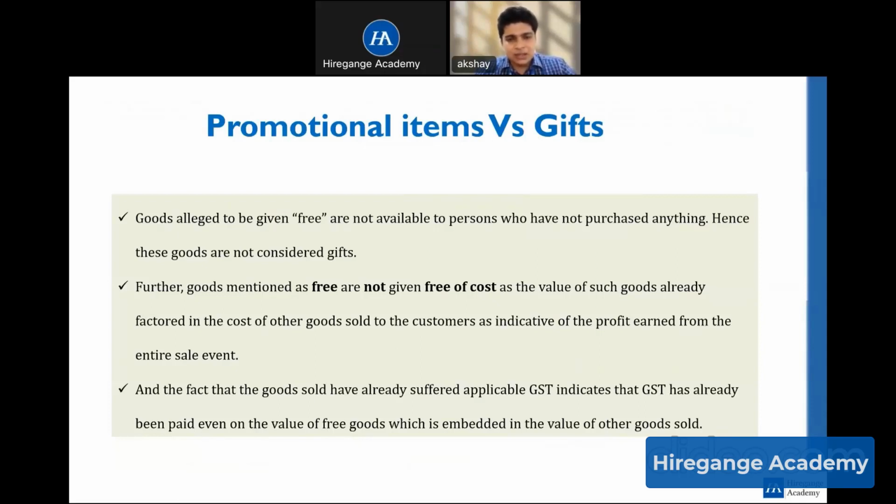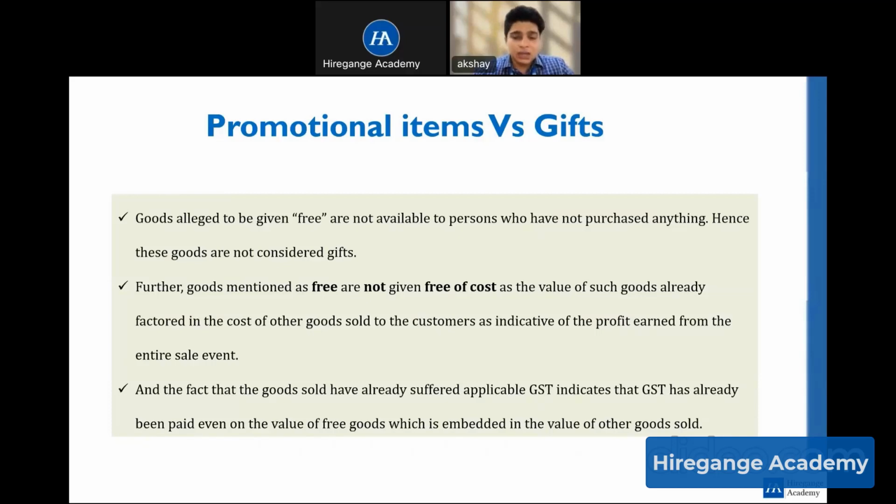This is a simple concept to drive home the fact that it should not be considered as a gift, because when I give something as a free product, in that situation, it cannot have any conditions or restrictions to obtain such free product. So in these situations, considering them as gifts should not be allowed.